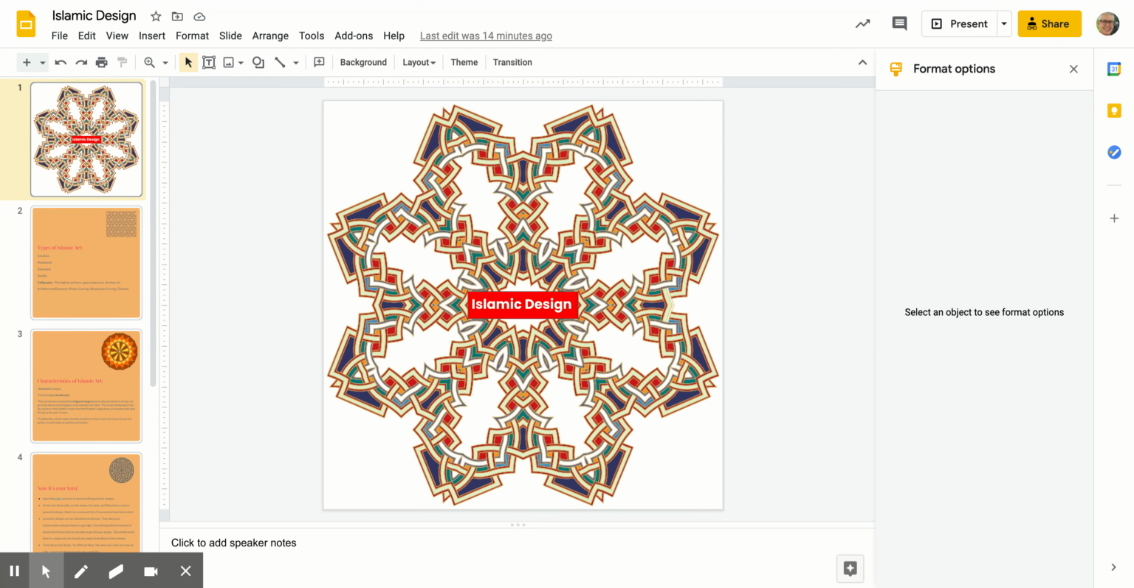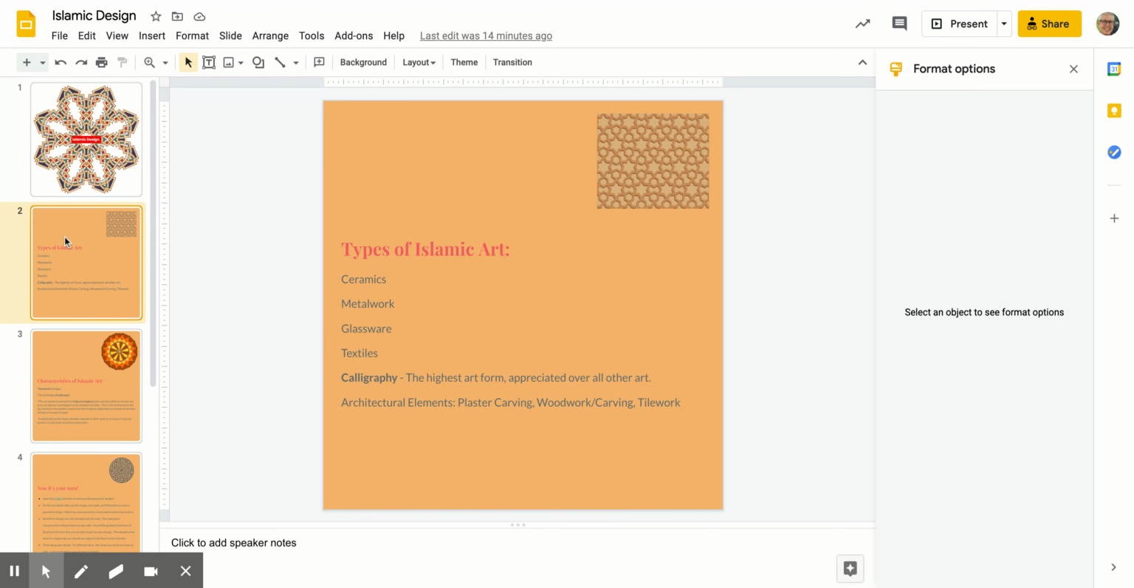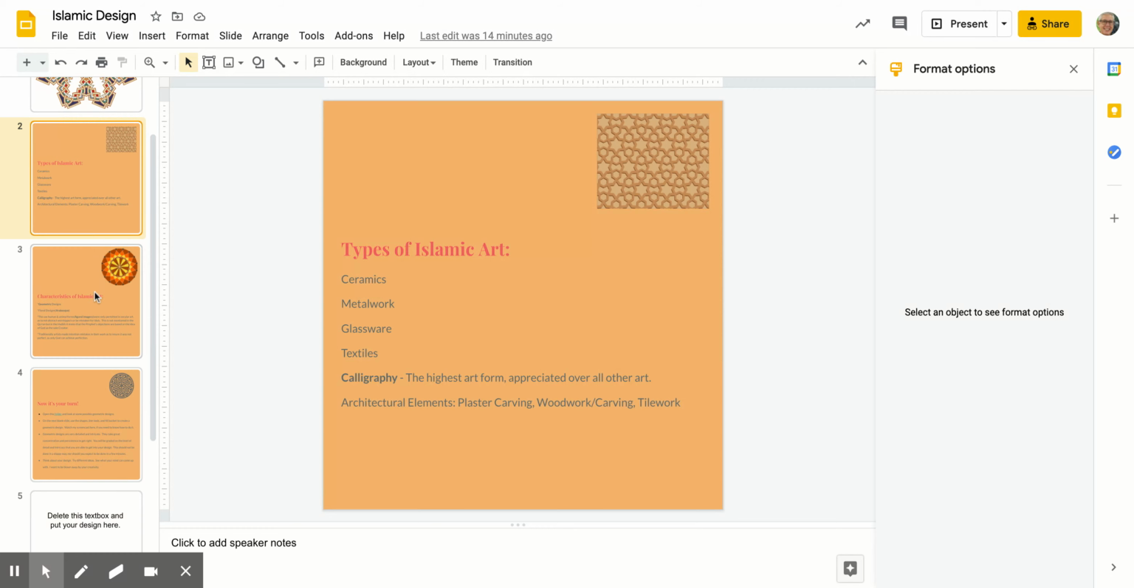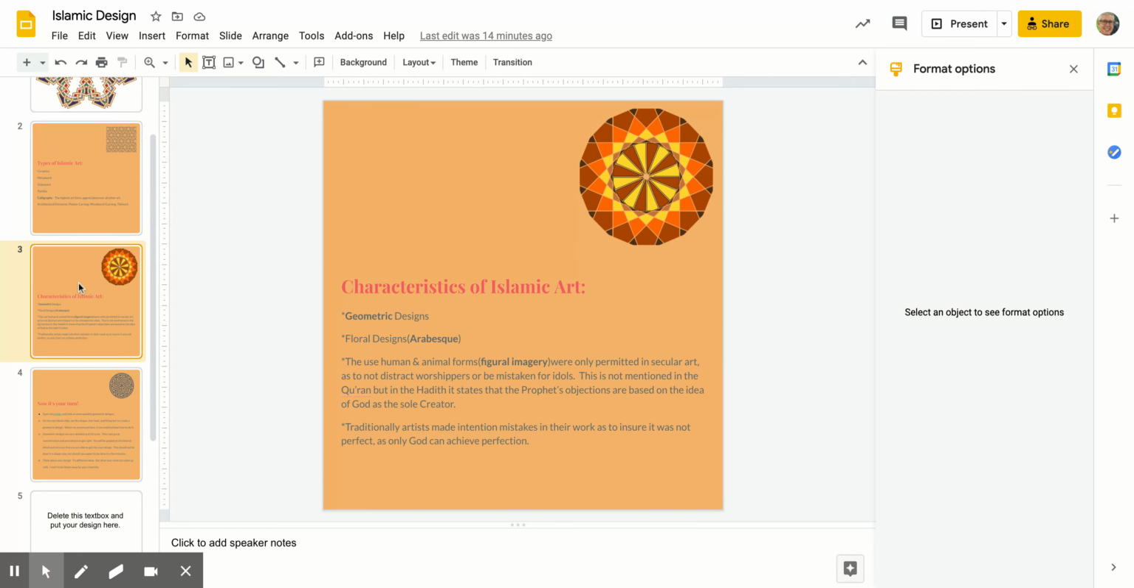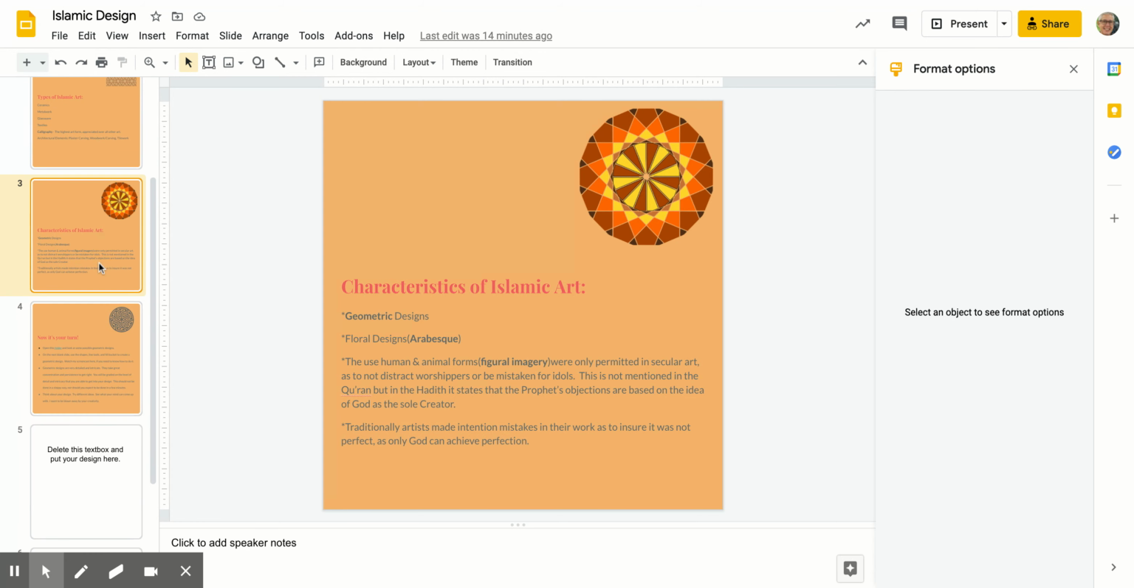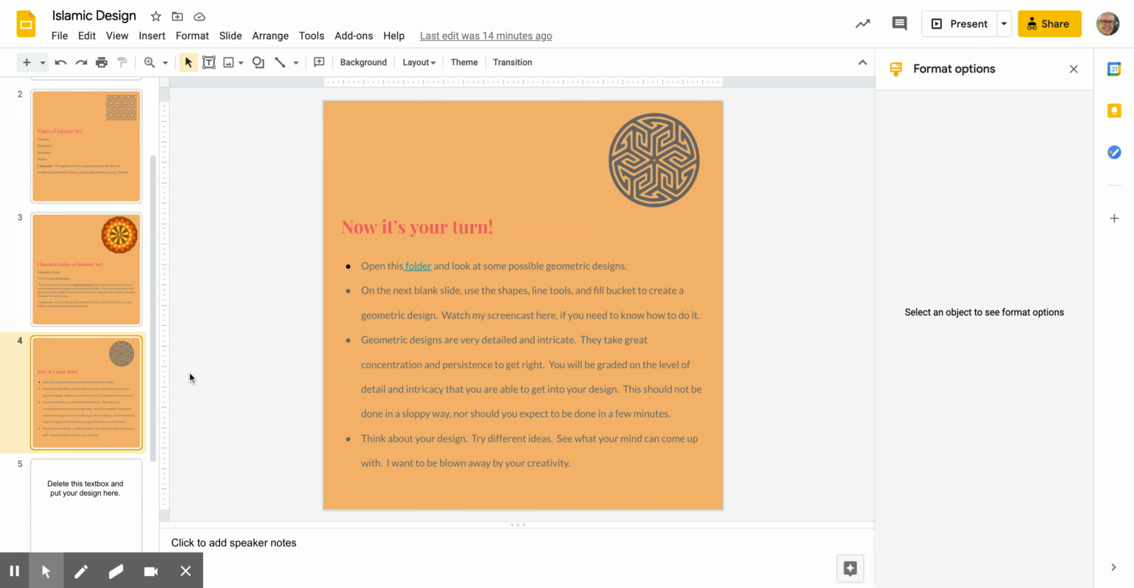I wanted to go into some detail as to how you can actually do this assignment. This is the assignment that I gave you. This talks about the kind of Islamic art that there is. This talks about how it's made, and actually, here are your directions, which is you're going to go onto this